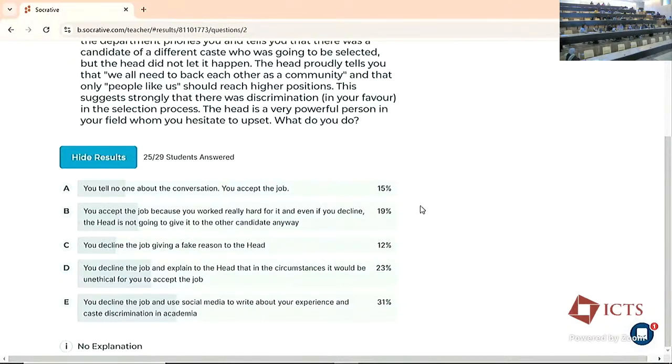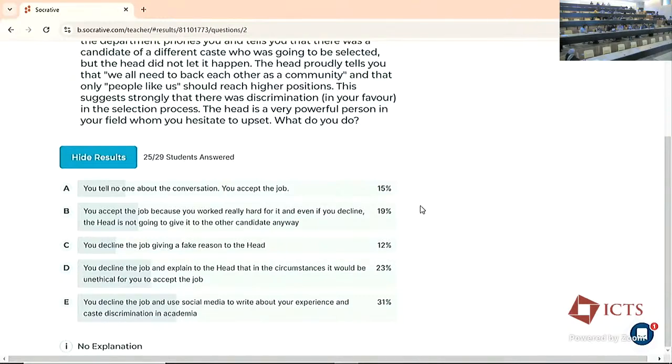What we were discussing at least here, that rather than social media, at least in this case, there will be actual policy things that you can rely on. So if it is, let's say, an SC/ST caste thing, then you can make a police case out of it. You can get into contact with the person who was not selected, and you can, in principle, even make a case out of it. Yes, you will be labeled as a troublemaker, and it is going to be difficult. But I'm just relying on this, that if, in fact, you're doing very good, then you will still have chances. I still have that much faith in academia that it won't happen that you won't get any job anywhere.